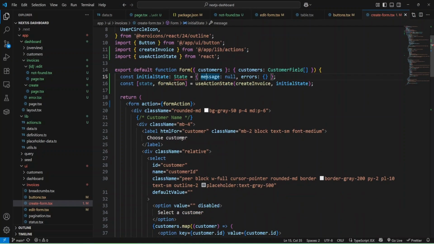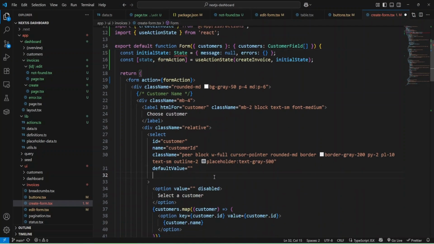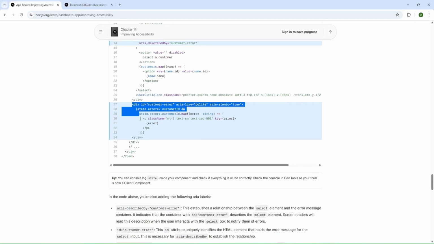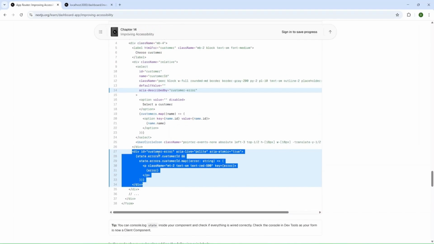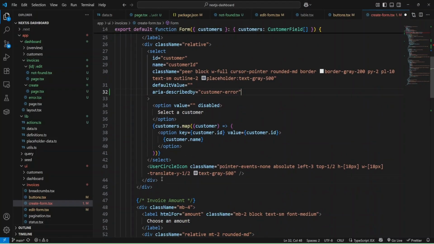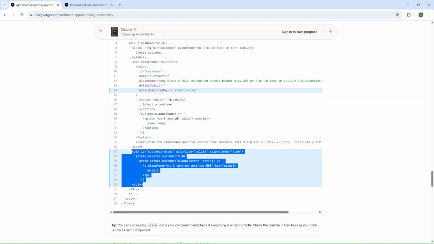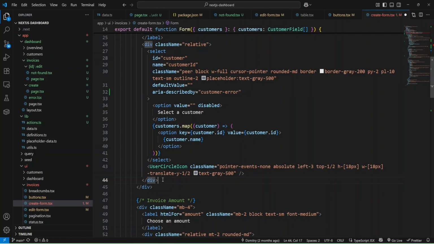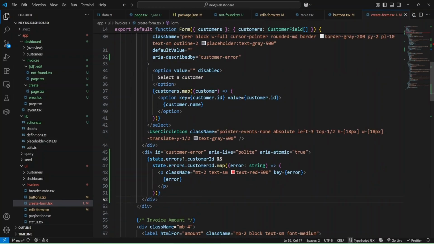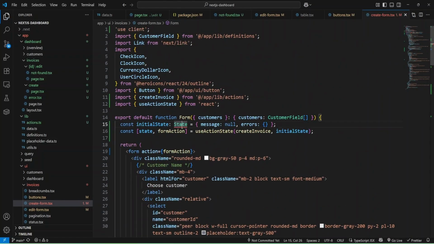And let's find our select, and here we'll provide aria-describedby, and here we can add our div with ID customer-errors, and we have it here. And let's do it after select, and I believe after div. Okay, and we can add it here. Okay, and we don't have this state, and probably we need to import it.